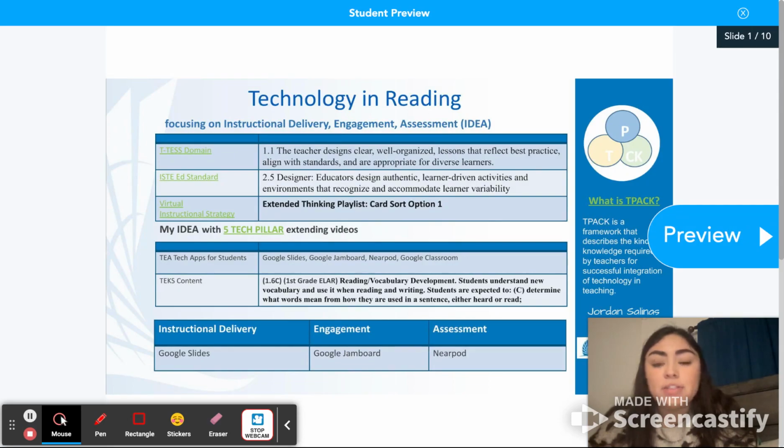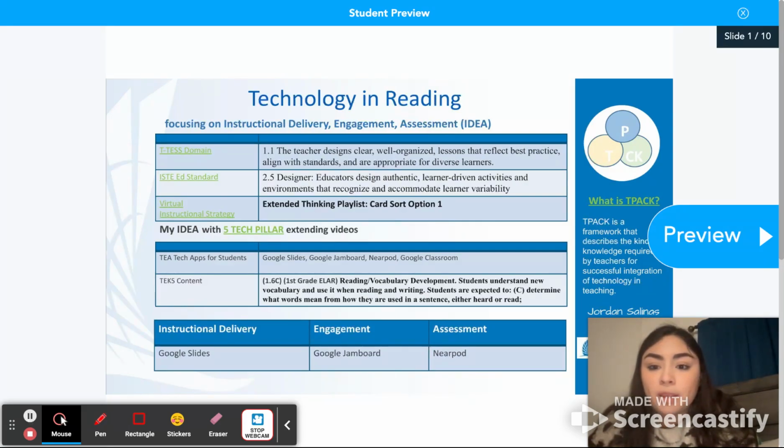The ISTE standard that I chose was educator focused, so it was 2.5 Designer. Educators design authentic, learner driven activities and environments that recognize and accommodate learner variability. The instructional strategy from the Leap Forward activities, I decided to use the extended thinking playlist. I did a card sort option, and I tied that into a card matching game